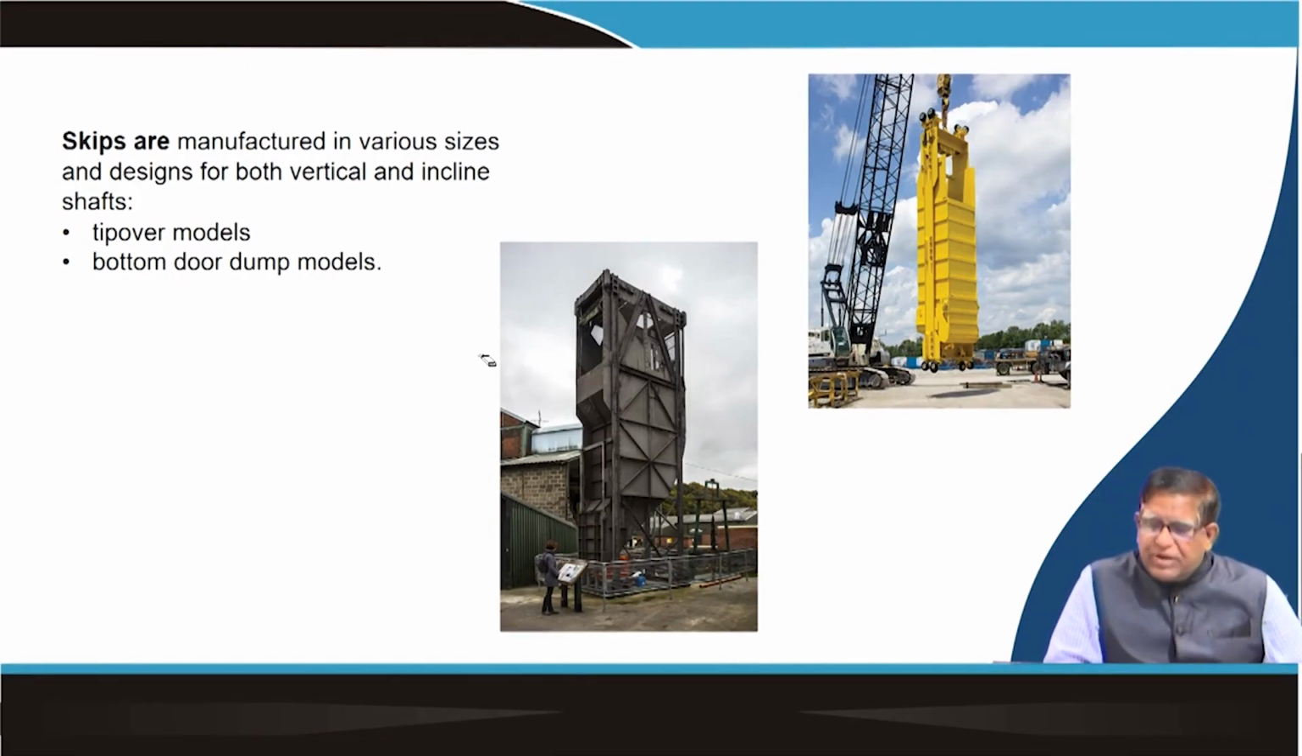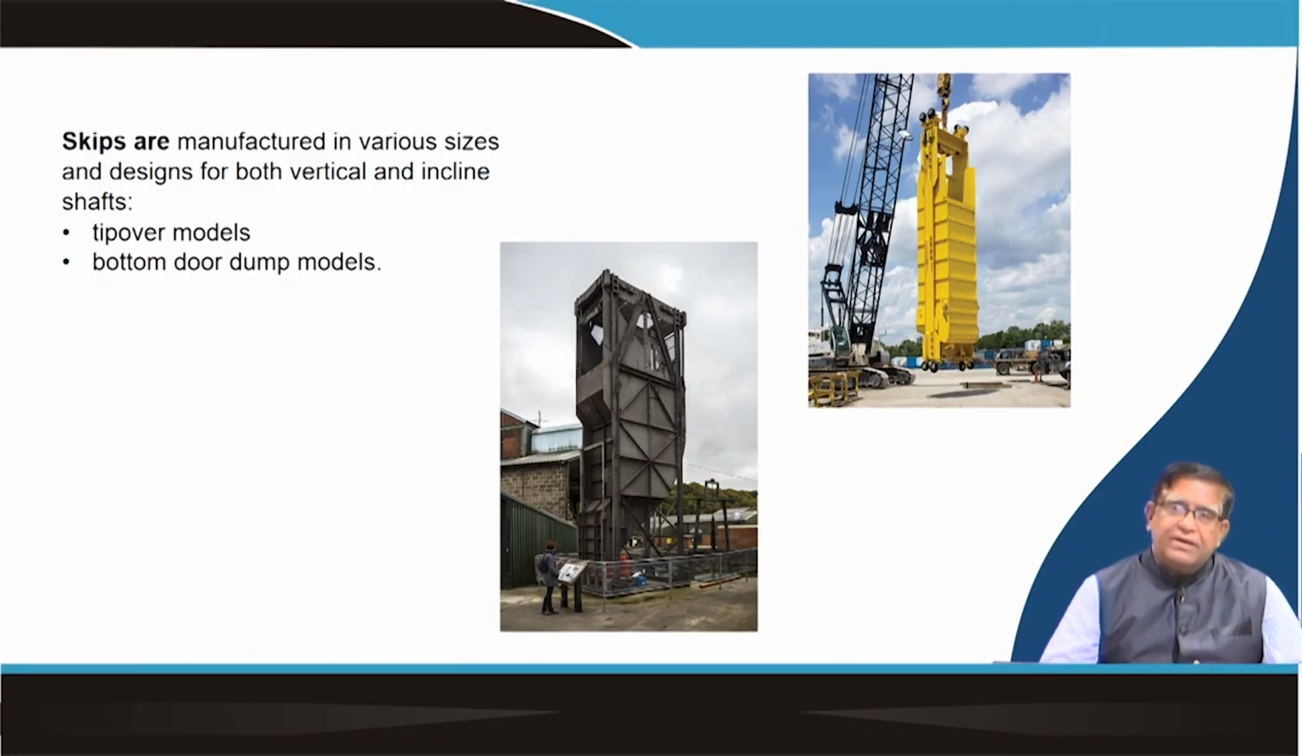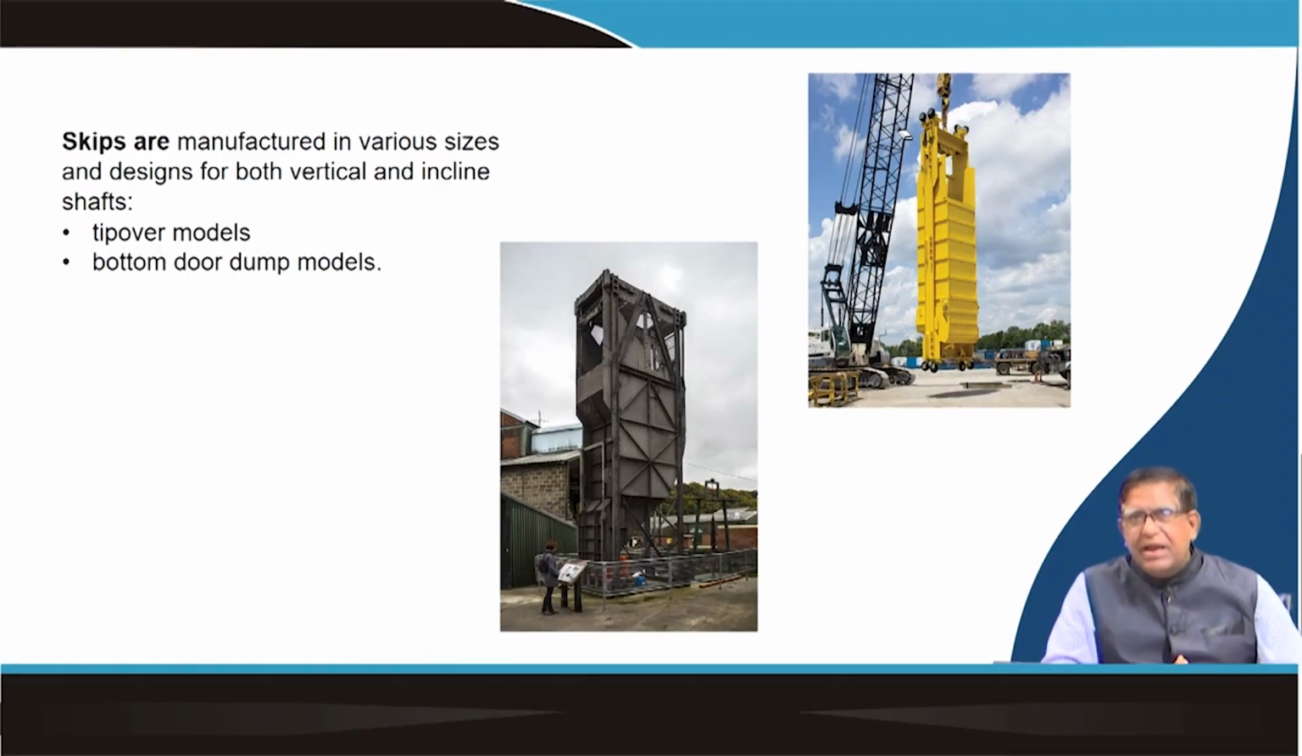Now, this skip you can see here, unlike the cage, is a container. It can be small or very big, of 2 ton capacity, or 10 ton capacity, depending on the requirement. Now, you can see that this skip will be suspended by the winding system,